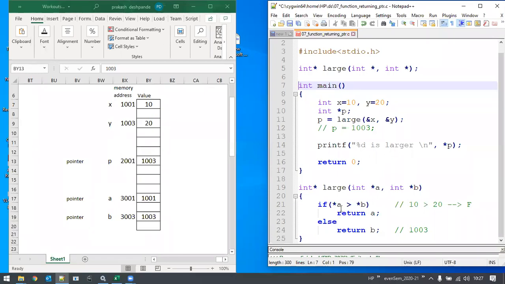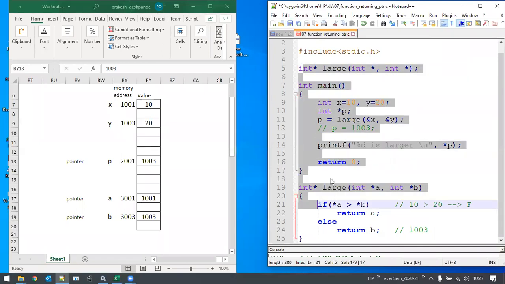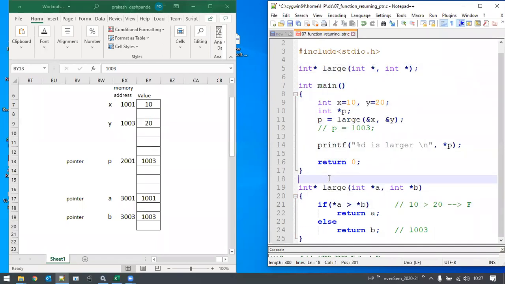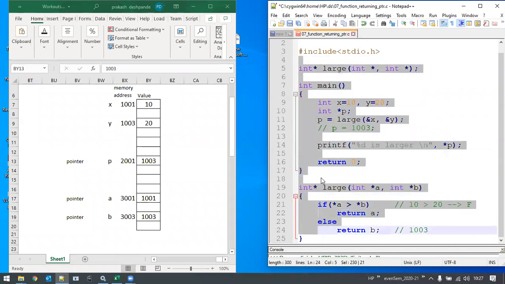Okay, sir. Yes. Now here, if you want to understand this particular program, you should already know the concepts related to user defined functions, how to pass the parameters, how the values are returned by the functions. Okay, and the concept of a pointer. If you know those things, then it becomes easy for you to understand this program.